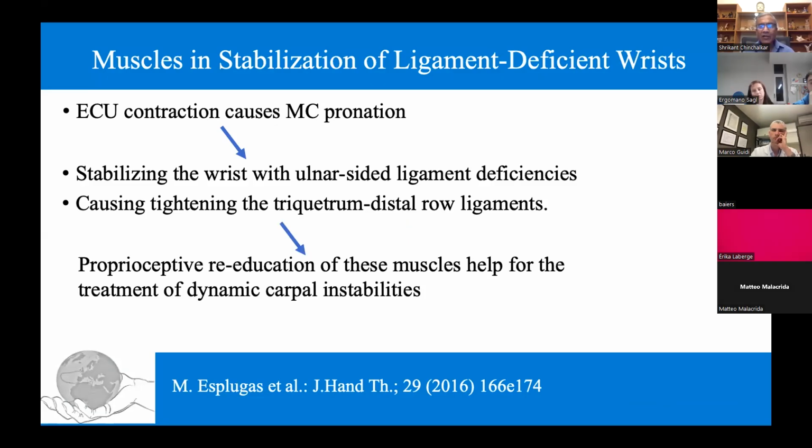And then activation of flexor carpi ulnaris also produces extension of the proximal carpal row, aligning that with the distal carpal row. And according to Maria, proprioceptive reeducation of these FCU and ECU plays a major role